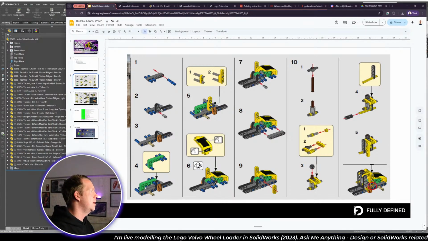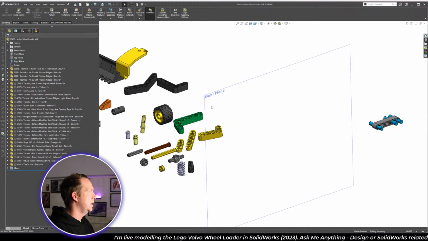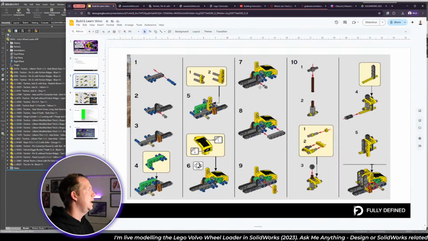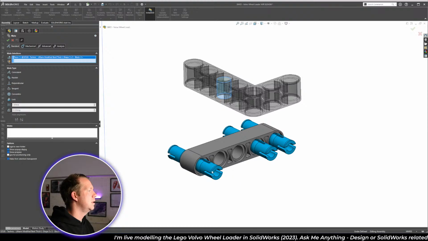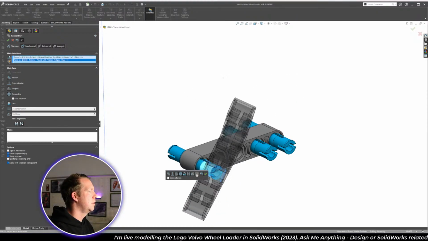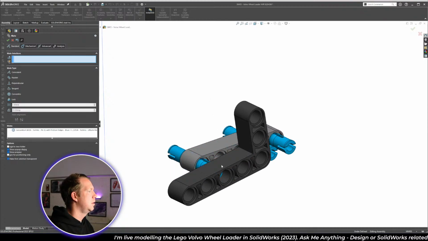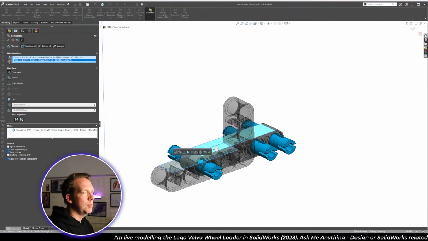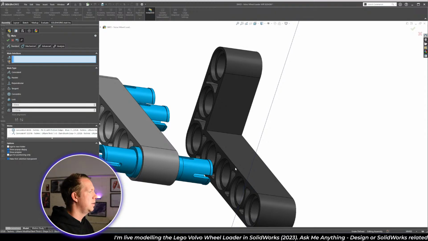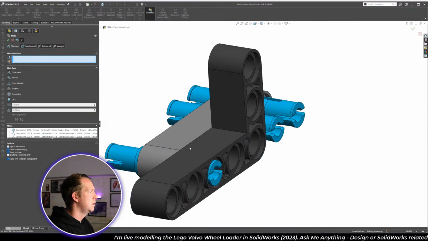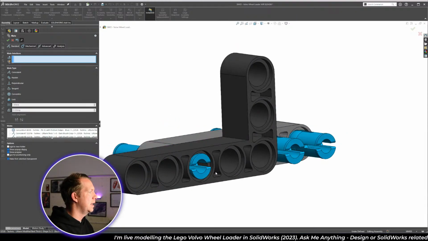So my next part, the black one, just putting it on the other end. So let's come across here. I've got the part, drag that across, and I'm going to set. So the L shape goes in the middle. I think this hole and this part align. I'm going to flip the direction, and then I'm going to select those 2 faces to keep them parallel. And then these are going to be coincident, basically in contact,